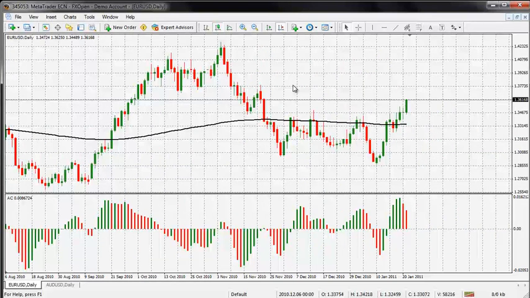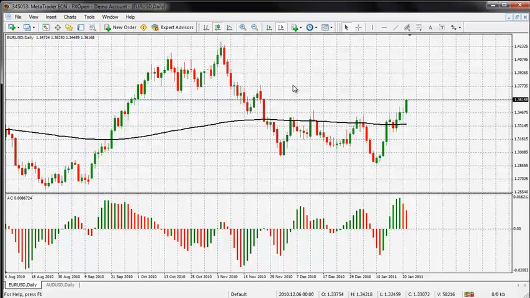Now, the 200 moving average is a pretty good indication of when the market is going to change direction for a pretty long time. I prefer to use these on larger time frames. It's not too bad on lower time frames. It still gives you a pretty good indication when the market's changing, but it doesn't give you a definitive answer